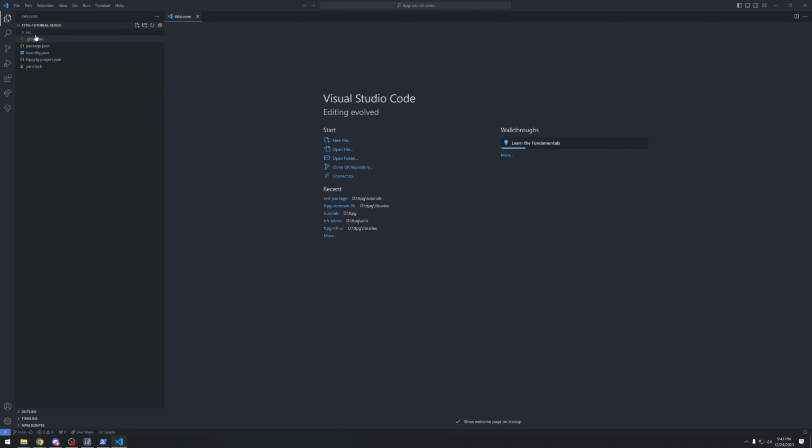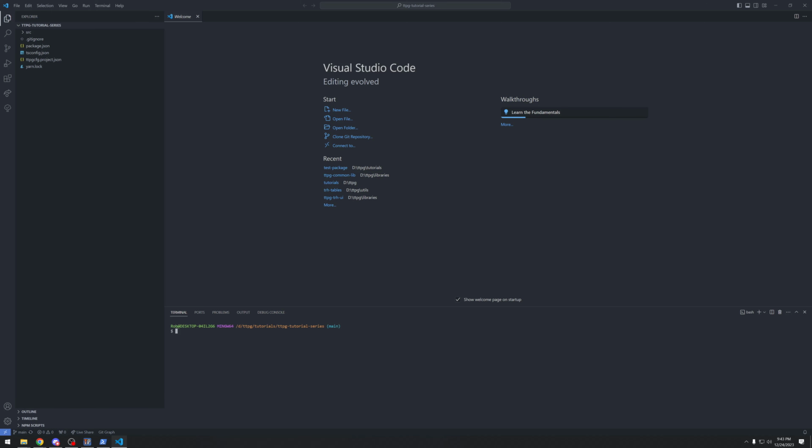Now, this might seem slightly familiar, but slightly less populated than before. And that's because when I uploaded this repo the first time around, it didn't actually have any assets in it, and Git doesn't track empty directories. That's not a problem. I'm going to hit Control-tilde to open up a terminal, and I'm going to do yarn